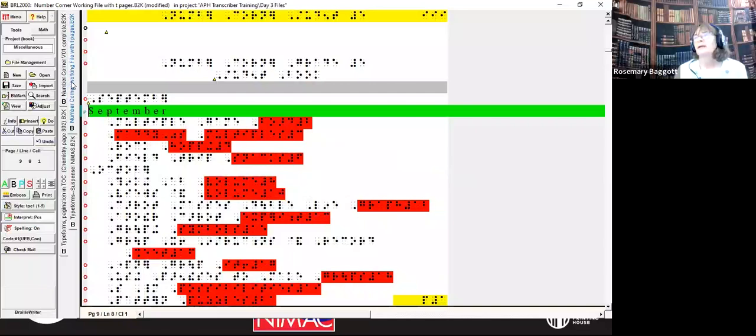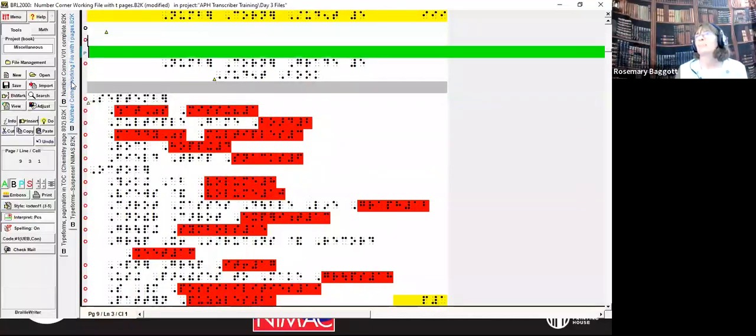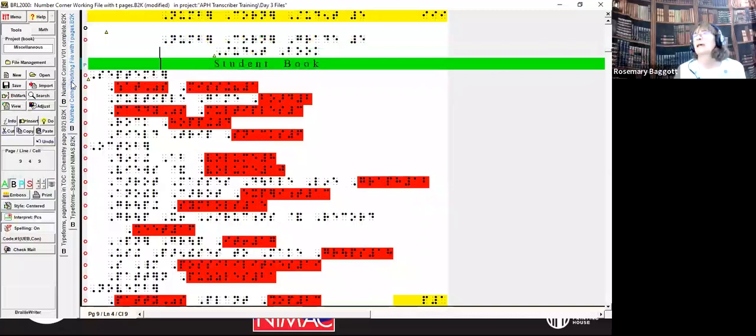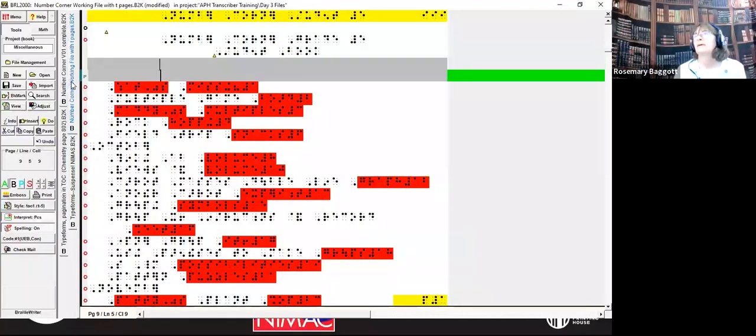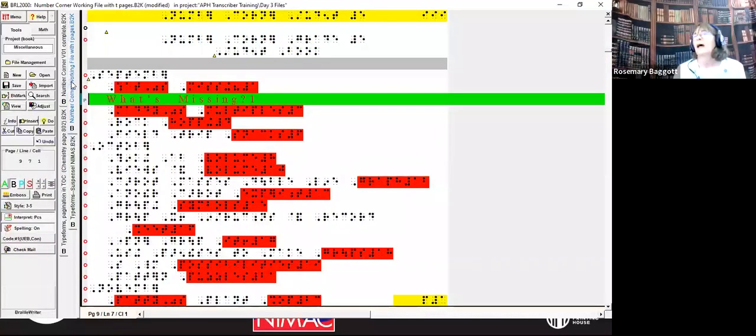Look at how the table of contents is set up here. First of all, I'm going to go to the top of this page. I only need one blank line between the running head and the centered title. You can see here, right away, I see a problem. Looking right here, I edited this on a file the other day. I did not edit it on this particular file. When Braille 2000 imported the NIMAS file, in the version I'm using, 2.275, there was not an option to remove single quotes. So it has read all the apostrophes as single quotes.